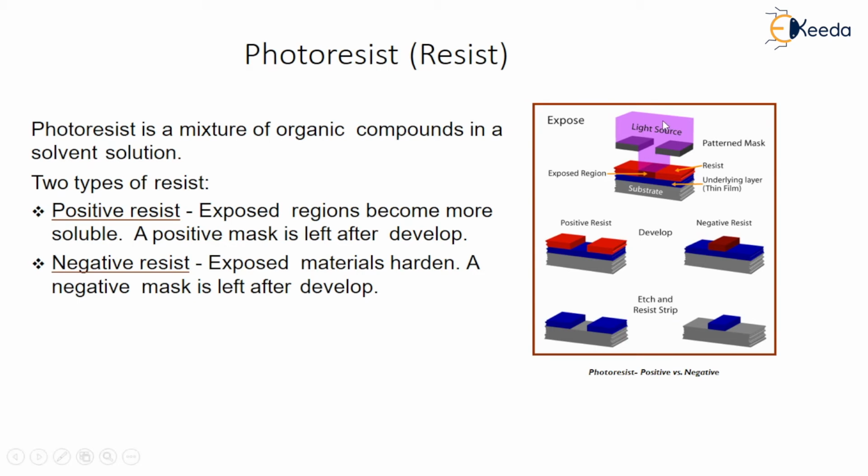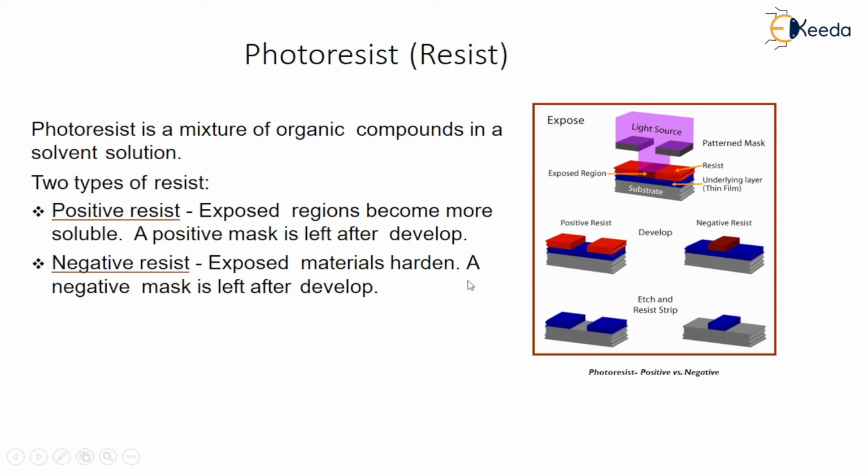If you observe a light source, then there is a pattern mask and it creates a resist. Its exposed region is only that much, and the underlying layer is there and the substrate is there. So if you observe, our substrate or wafer is available, and that is having positive resist because it is inside, while if we remove this part, there is a negative resist. So each resist strip is shown in this figure.